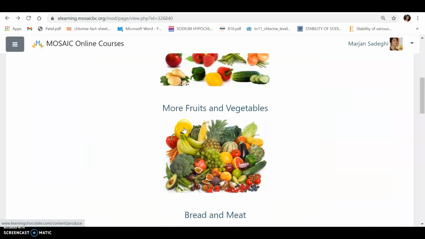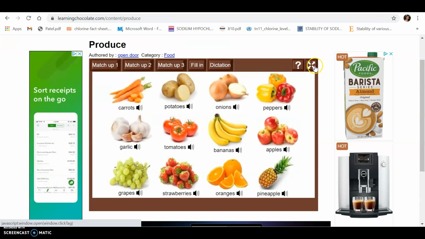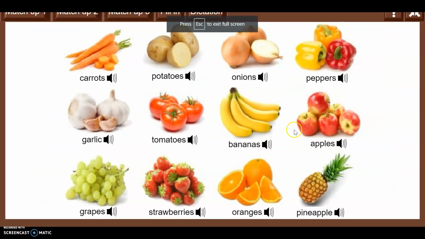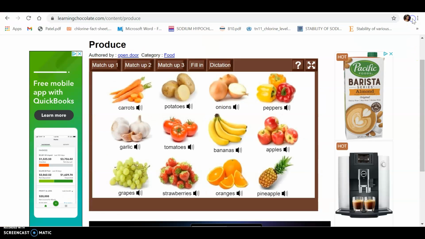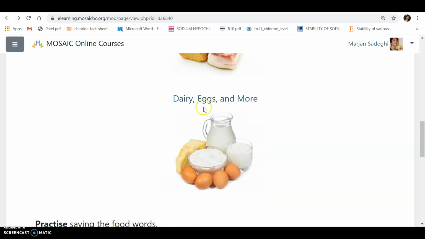Scroll down. Click on the next link again. So same thing. Maximize your window. Study the words. Click on match up one, match up two, match up three. When you're finished, close the window, go back, scroll down, study about bread and meat, and then dairy, eggs, and